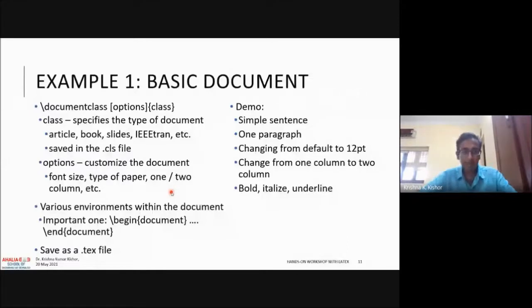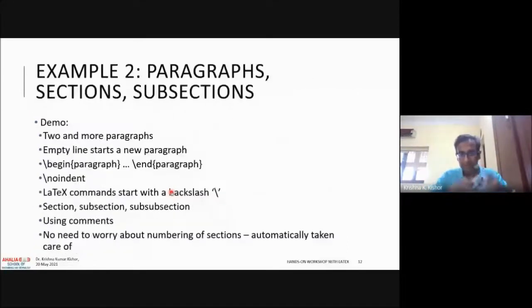The second example that I want to talk about is, again, paragraphs, sections, and subsections. We have seen already the first part, 2 or more paragraphs. Then, I'll also show you this command. There's something called begin paragraph and end paragraph as well. I'll show you the difference between this and a regular paragraph. We'll talk about no indent, and then the backslash, which you've already seen. And important over here, what I want to show you are the commands called section and subsection. You can do all this, and this is typically useful when you write papers, theses, book chapters and things like that.